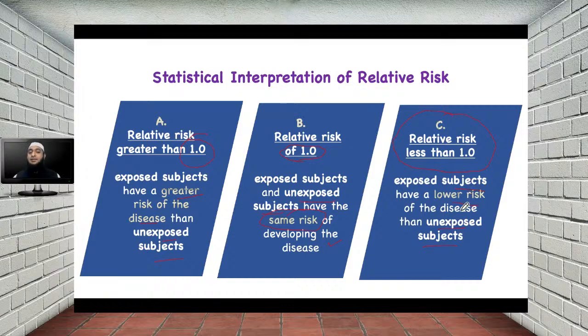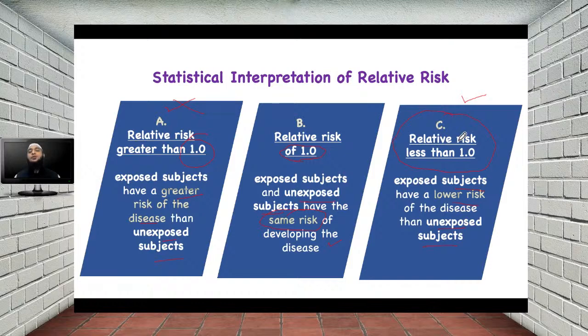a lower risk as compared to those to whom you have not given the medicine. If that is the case, then such a medicine can continue in the market. Now, if it is the opposite, then you can discontinue such a drug from the market. Got it? So on the basis of this statistical data, you will interpret the relative risk, and you can take a decision whether to continue that drug in the market or to discontinue it,